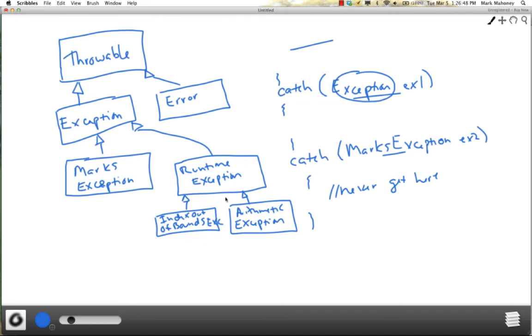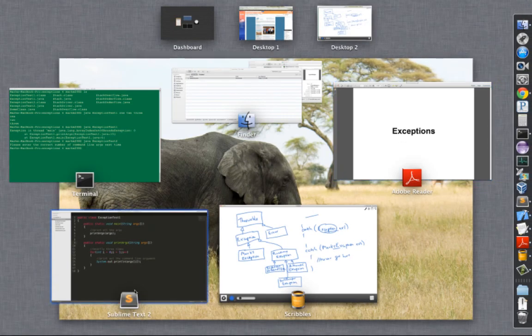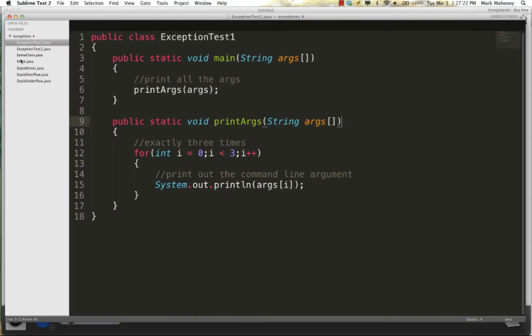Null pointer exception, so if you ever use a reference before it points to an actual object. Okay, so none of these exceptions have to be declared to be thrown because, again, they inherit from this runtime exception class. Okay, so let's look at a slightly bigger example here, and I'm going to show you some code that implements